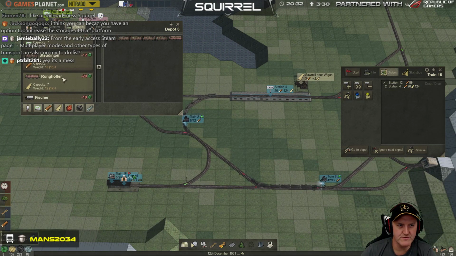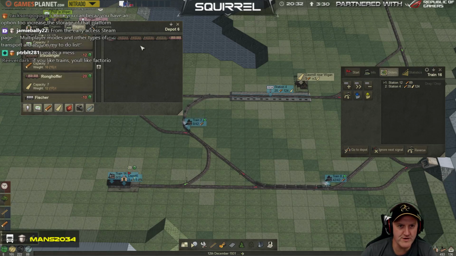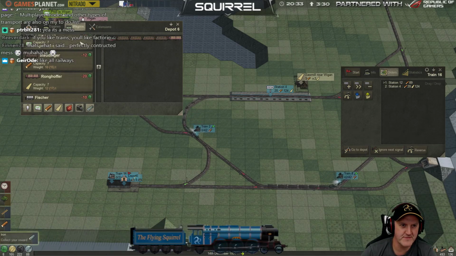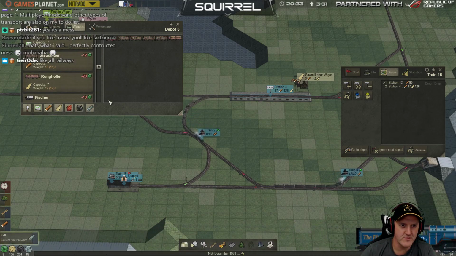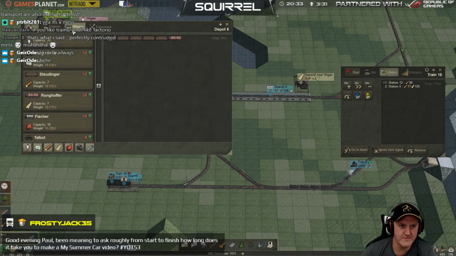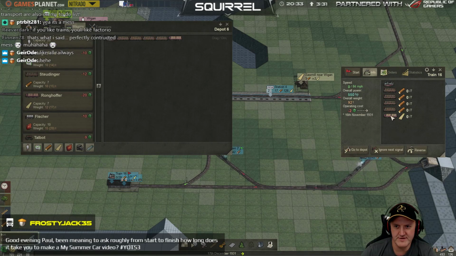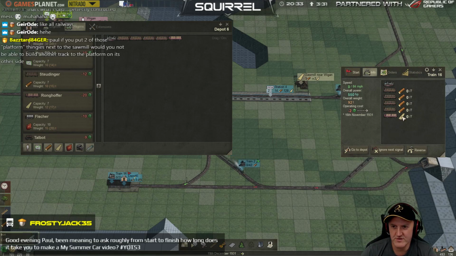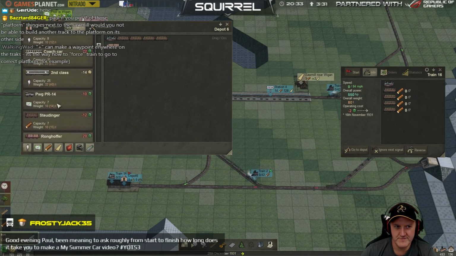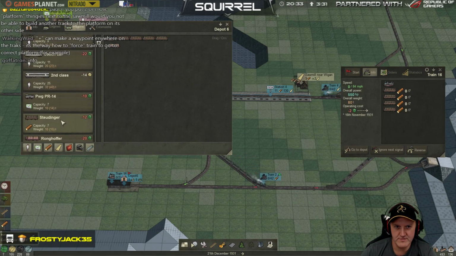Right, to... oh, wrong one. Wait, how do I get to the sell screen again? Oh my god. Right, that one. Nope. Where was the sell icon? Go away. To...